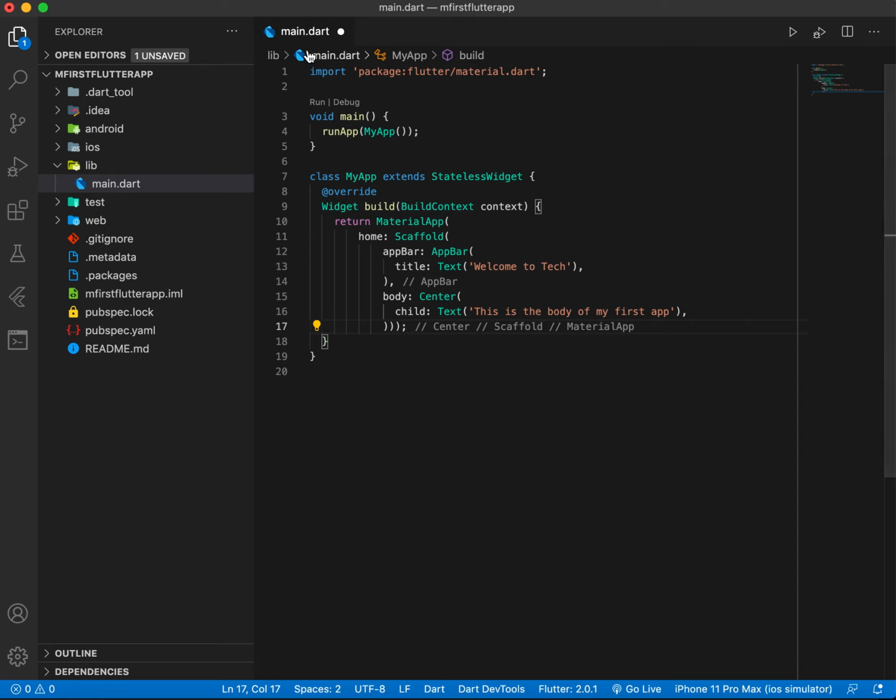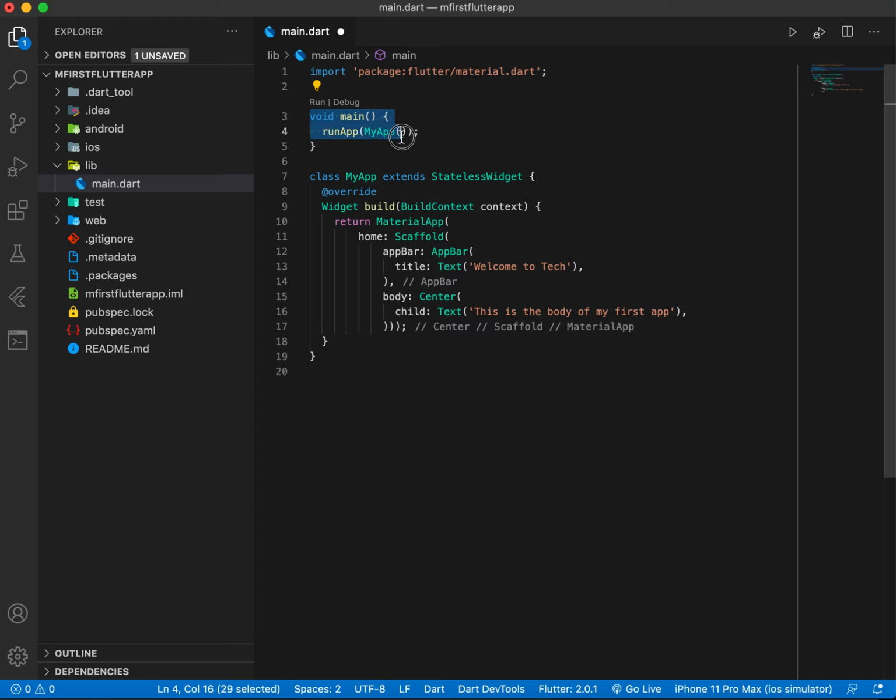Let's look. So I entered the lib, and then I tapped on the main.dart file. First, I did what? Import package flutter slash material dart. So this is just like CSS, or those who are from the web background can say bootstrap. Good. So CSS is here. Normally you can use maybe style.js or something like that. So basically the same. Then we have our main